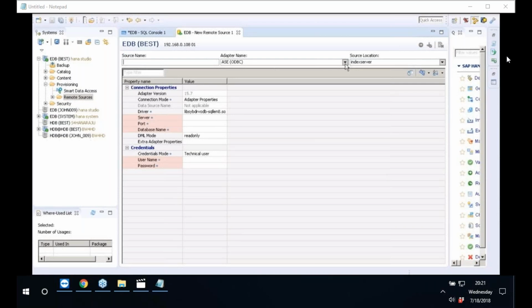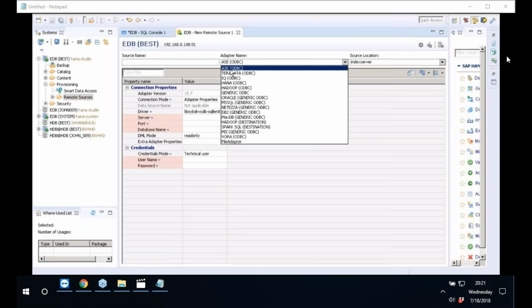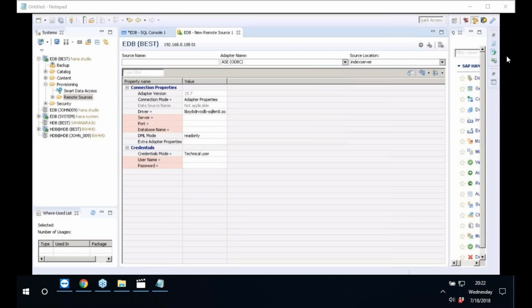These are the different remote sources like ASE, Teradata, IQ, HANA, Hadoop, Generic ODBC, Oracle, MS SQL, Netezza, DB2, MaxDB, Hadoop. So these are the different adapter names. So if I go back to the HANA Studio,